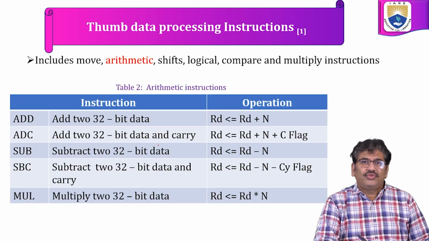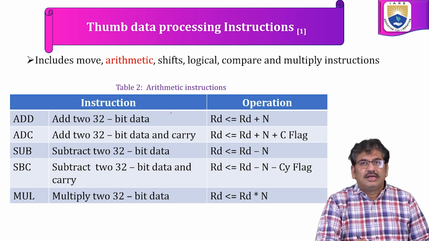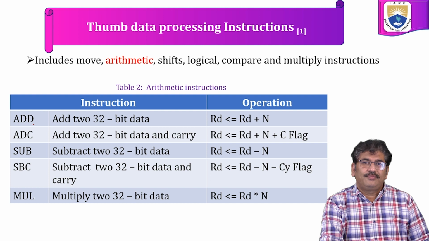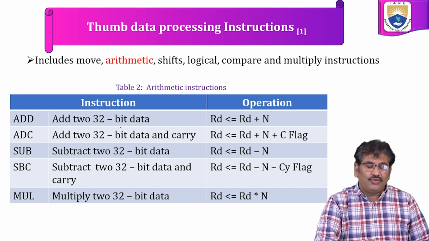The next set of instructions are related to arithmetic instructions. The table shows the various arithmetic instructions supported in the Thumb mode. ADD instruction. This is for addition of two 32-bit data. Here